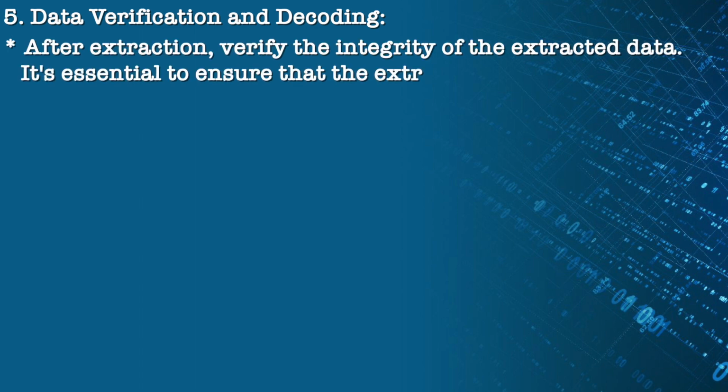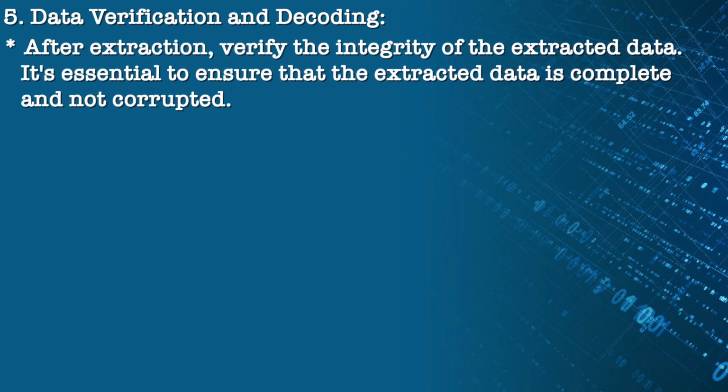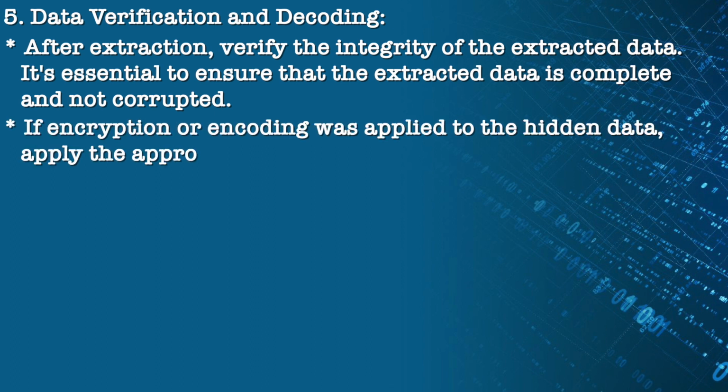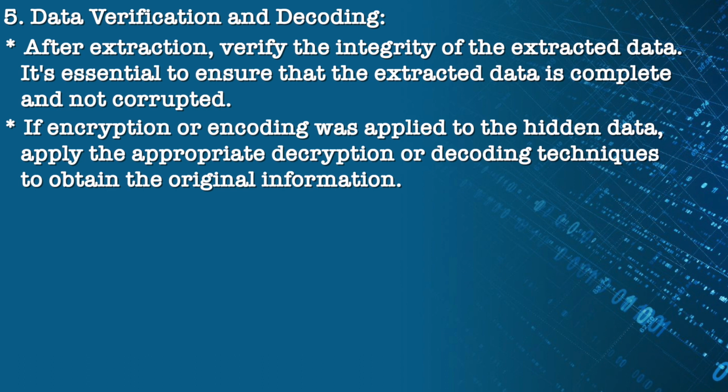After the extraction, verify the integrity of the extracted data. It is essential to ensure that the extracted data is complete and not corrupted. If encryption or encoding was applied to the hidden data, apply the appropriate decryption or decoding techniques to obtain the